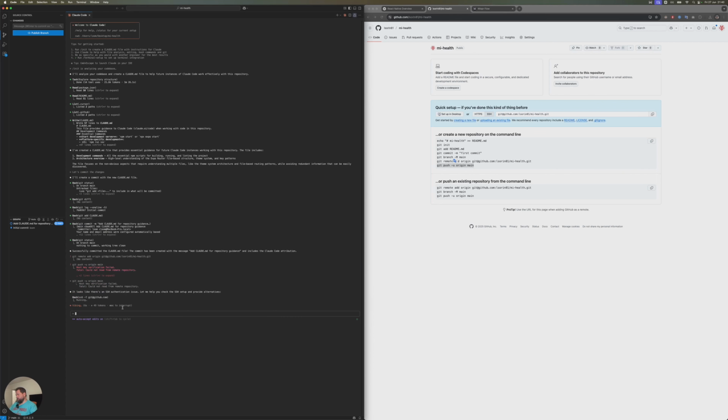Actually, what's the fastest way to connect? I don't want to make an SSH. Let's just use credentials authentication. I don't want to make an SSH for this. Git remote set URL. Yes, looks fine. The remote URL has been changed to HTTPS. Now you can push using